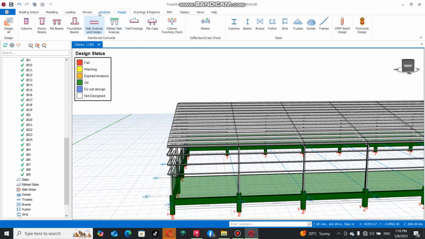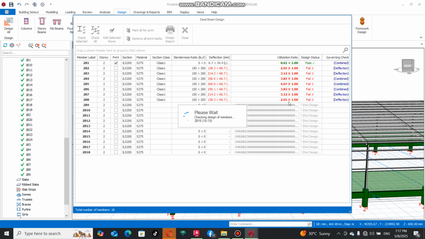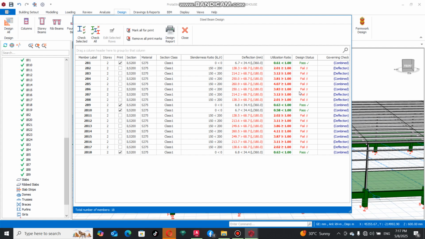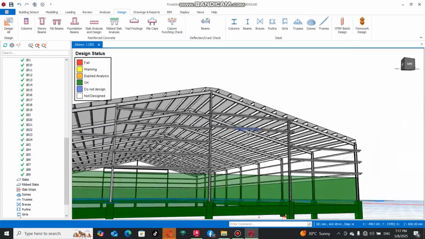So now let's design our steel beam, which is our rafter. So we're going to check all. If anyone is failing again, we'll still know. So you can see that's all. Sometimes if you are designing, choose a higher section. In case of failure, you can easily fix. So click here, close. See now all the beams